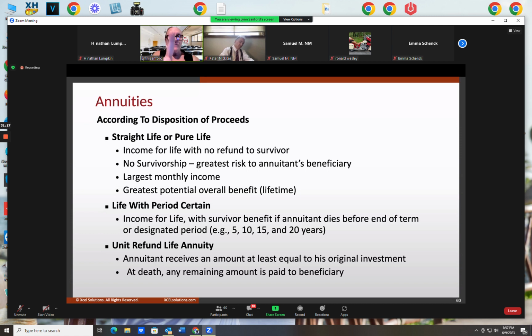They will provide the largest monthly income though. You want the largest monthly check? This is the way you get it. You choose a straight life payout. It will provide you that largest monthly check for the rest of your life. As long as you keep on living, you will keep on receiving that check amount. But the day you die is the day all payout stops.